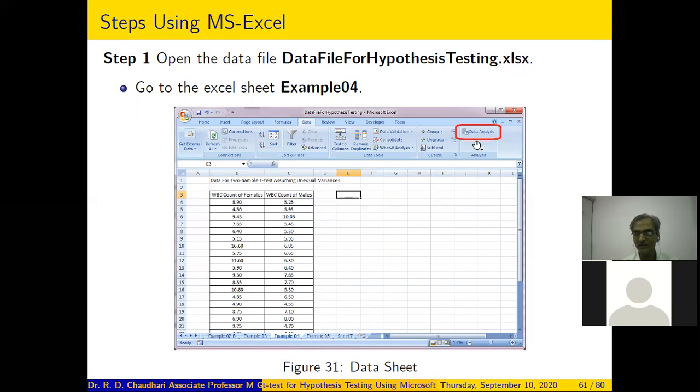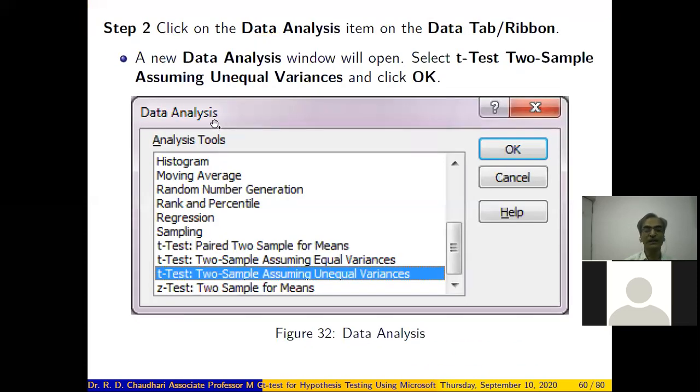Click on the data analysis toolpack, then it will open a new pop-up window, that is, data analysis. In that analysis toolbox, we have a window where various statistical methods are available. So select t-test two sample assuming unequal variances, and click on the OK button.